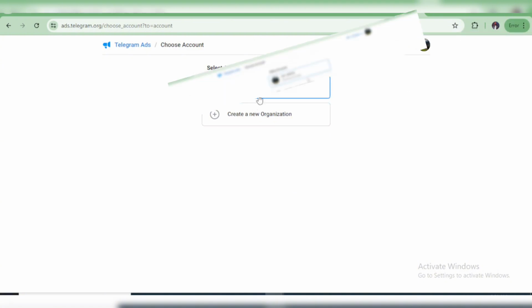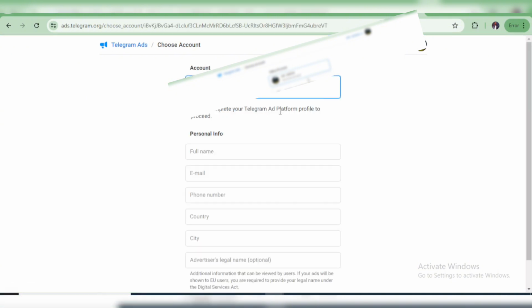This is going to be your personal account. You can also go ahead and create a new organization if you want to. But for this advertisement, I'm going to simply use my main account. Select that. Then you have to simply go ahead and add your personal information. For your personal information, you have to add your full name, John Francis,